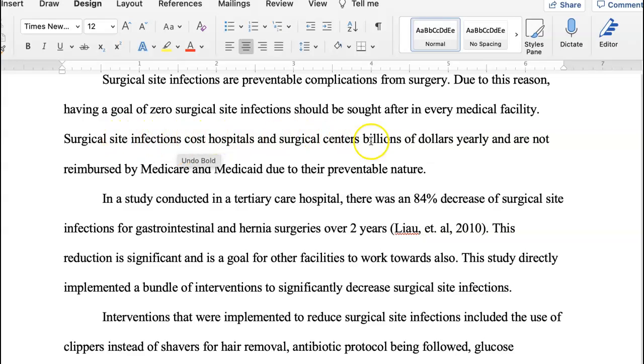And then, they cost hospitals billions of dollars a year. Do you have a citation for that? Is it $50 billion, or is it immeasurable? So something like that, or even how do we know they're preventable? So again, just kind of backing up a little bit of what you have. I think that's really important to make your stand of your point.